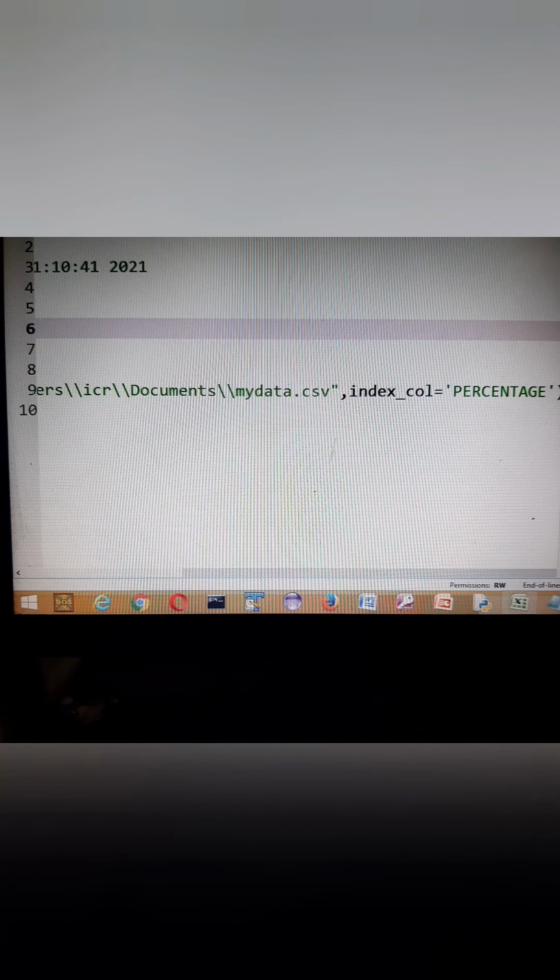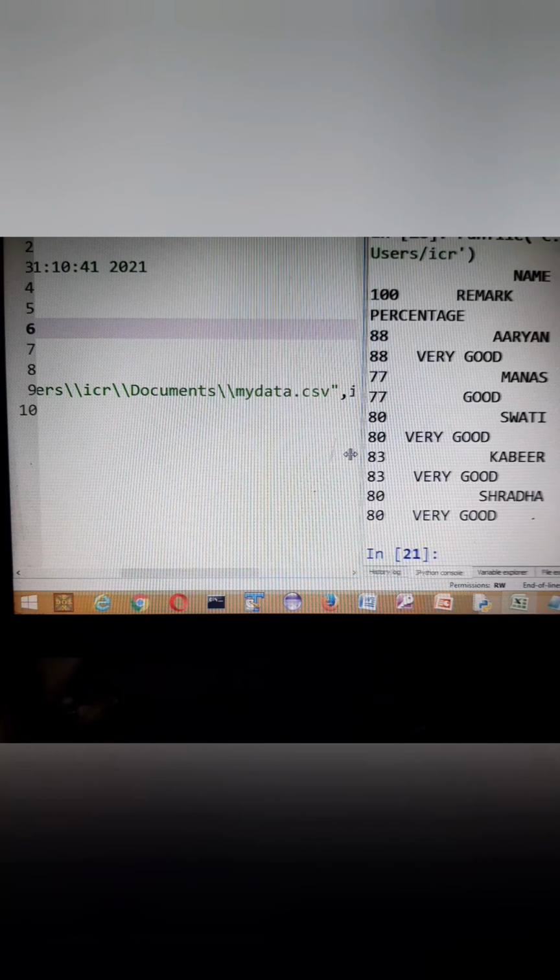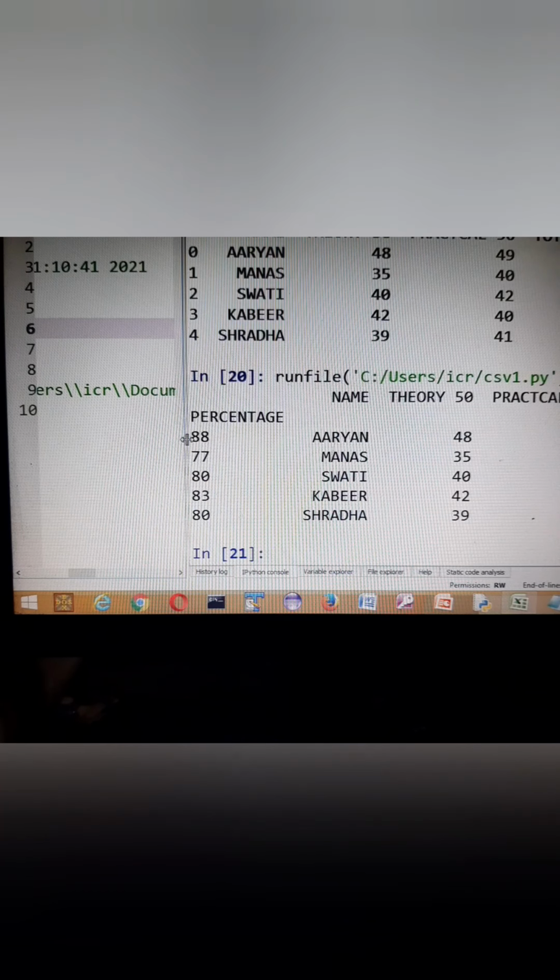Below the percentage, we were getting the percentage of each and every student. So you can see over here that the index numbering of percentage is here on the left hand side that I'm having. Now the percentage becomes the index number. So this is a very good feature that any of the columns you can take as your index column. Example 3 is also having the same type of question in which employee.csv is there and you have to make employee number as a column, the index column.